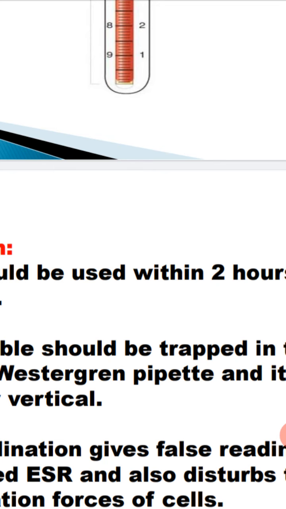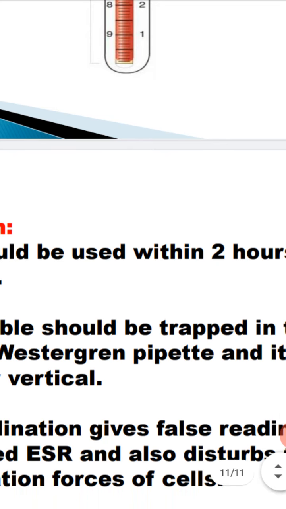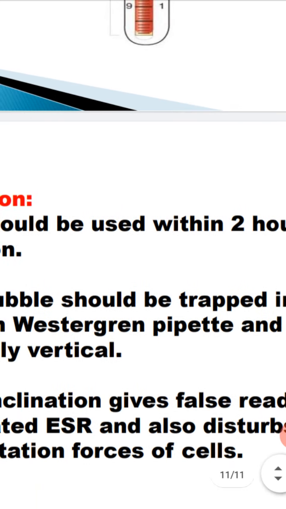If these diseases are there, the ESR value increases, even in TB also. And when the value is coming low, that means the person is having sickle cell anemia or congestive heart failure. So by this clinical test, we can know the condition of the body. If ESR value is increasing or decreasing, the person should consult the doctor and go for the treatment properly. So these tests are very useful for us to see that our body is working properly.